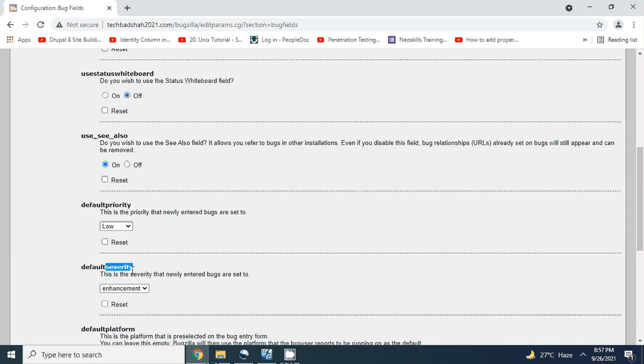Severities also can be decided basis the kind of issues. For example, some kinds of issues are blockers. If that is happening, in that case the users will not be able to access the application. For example, say I have an application where people are not able to log in. That is more severe than any other functional bug. In that case, they will mark severity as severity 1 or maybe critical. You can decide it this way.